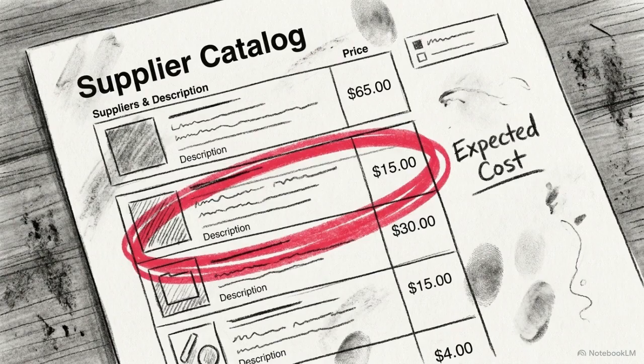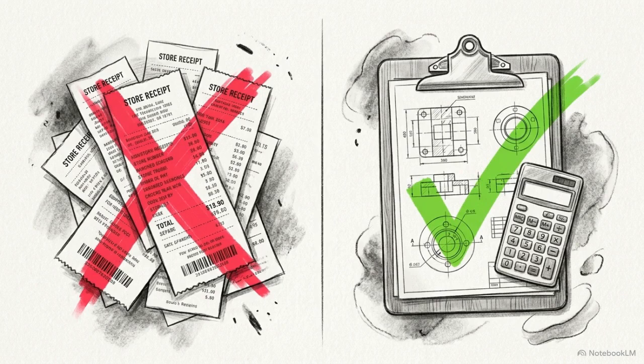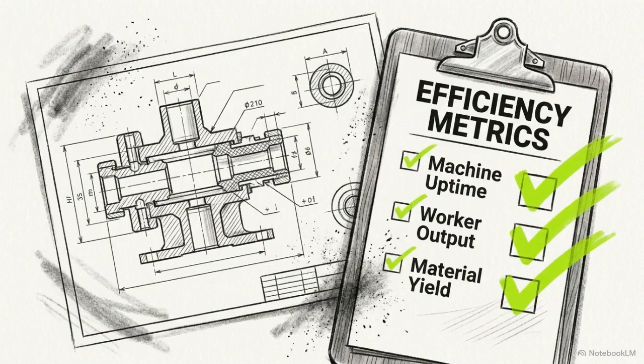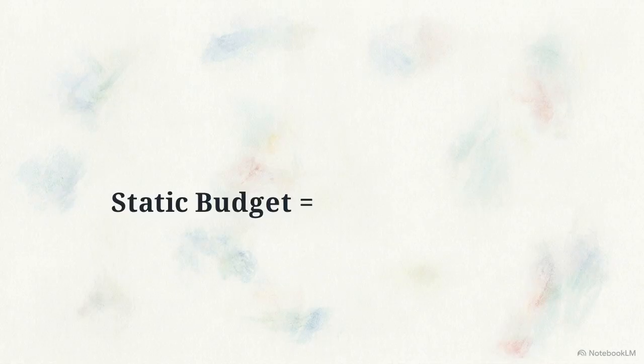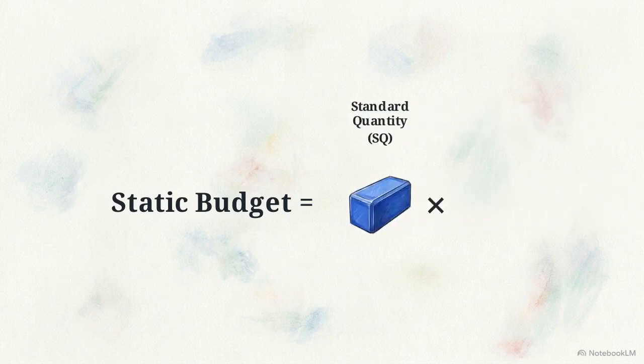Standard price is an objectively determined estimate of what a specific cost should be under efficient operations. It is calculated using engineering or accounting studies, rather than just taking an average of past historical costs. Standard quantity is calculated using what accountants call practical standards. This is the performance reasonably expected from the factory floor, building in normal allowances for waste, routine spoilage, and standard machine downtime. Multiply those two inputs together, and you get the core equation: static budget equals standard quantity times standard